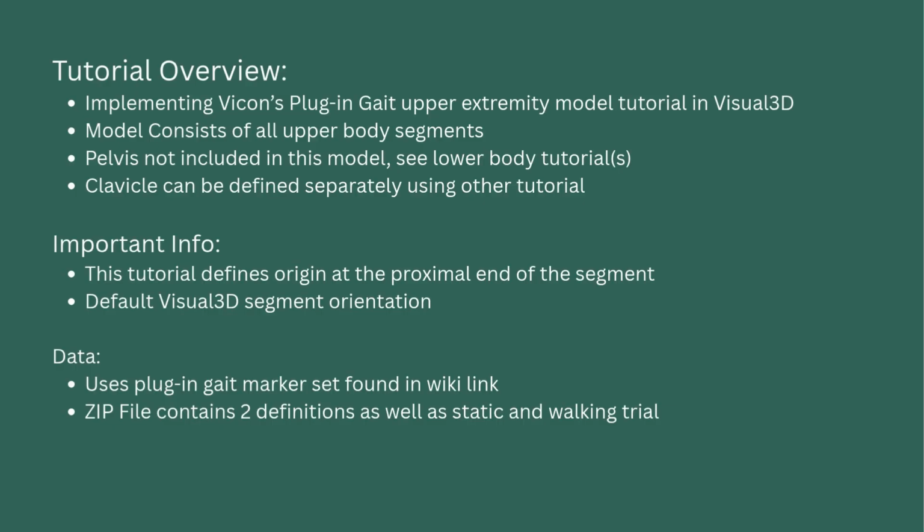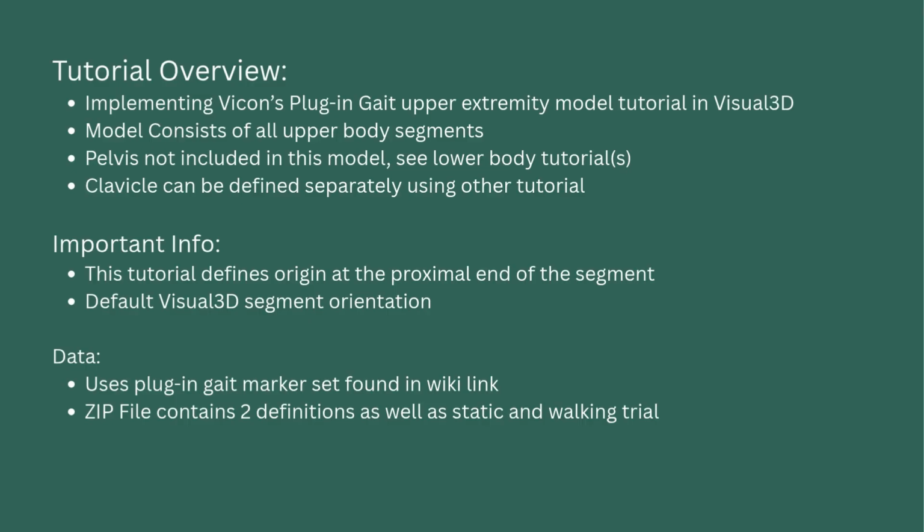This tutorial does not describe the pelvis definition, but that can be found in the lower body tutorial that's located later in this playlist. Details about implementing the clavicle segment are also provided in the clavicle tutorial on the wiki. The plug and gate full body model consists of the plug and gate upper extremity model as well as the plug and gate lower limb model. Complete the lower body tutorial that is found later on this playlist to complete the lower extremity segments and produce